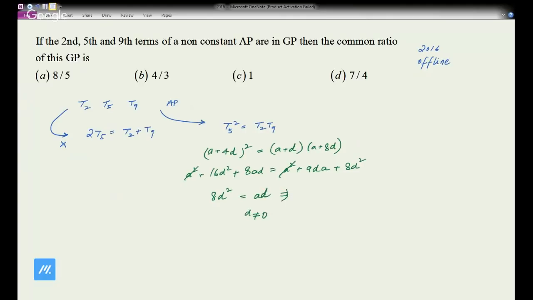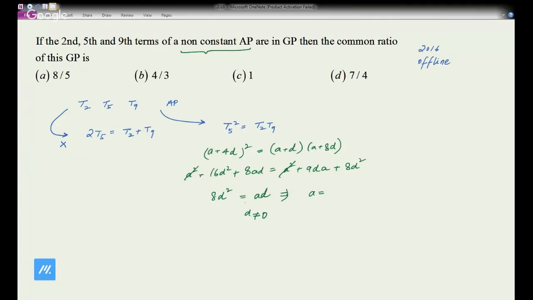टू 0, दे रखा है ना, नॉन कांस्टेंट बोला है। अब देखो हर वर्ड को ढंग से पढ़ो। नॉन कांस्टेंट, व्हाट डू यू मीन बाय नॉन कांस्टेंट? नॉन कांस्टेंट मींस दैट D कैन नॉट बी इक्वल टू 0। नॉन कांस्टेंट का मतलब ही क्या है, दैट दिस कैन नॉट बी 0।